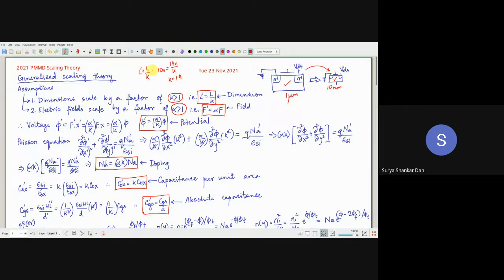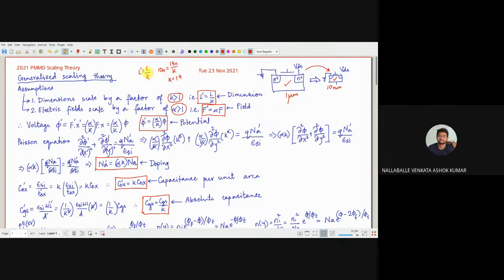Similarly, its K value will essentially depend on how much you are able to scale your devices. In our next semester, in the advanced VLSI design projects, we are going to look into the situation where we will be dealing with circuits. And then in that circuit, we are going to apply the scaling theory and find out the circuit performance, or how to do the device sizing, transistor sizing, such that you achieve better performance as well as better power reduction from the circuit perspective.